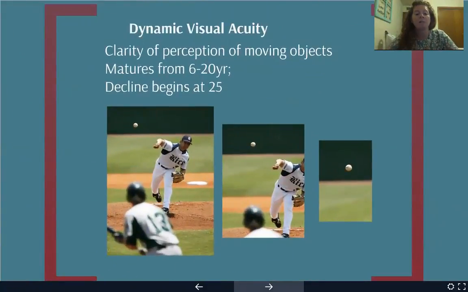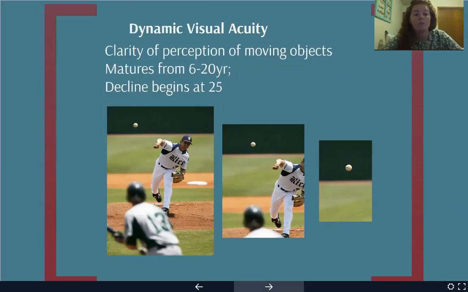And then you have dynamic visual acuity, which is your ability to see and perceive moving objects. This matures from 6 to 20 years of age, and then it starts to decline as early as 25 years old. So if you think about a sport like professional baseball, they have to be able to detect moving objects such as the balls flying at them, to be able to catch it, to be able to hit it accurately. They're also watching the other players moving around and being able to throw accurately to them, or